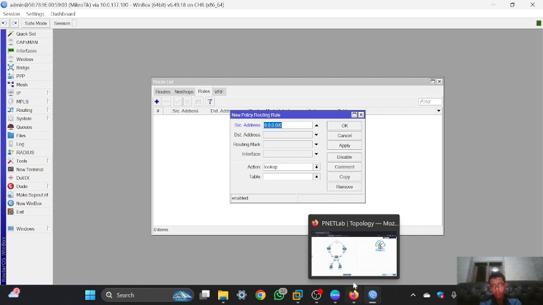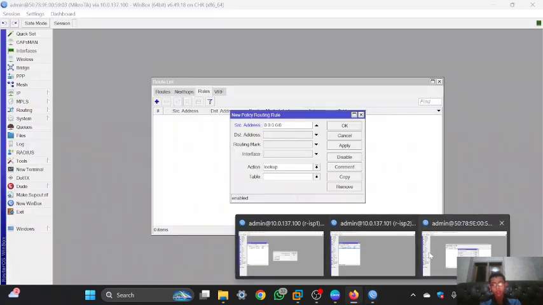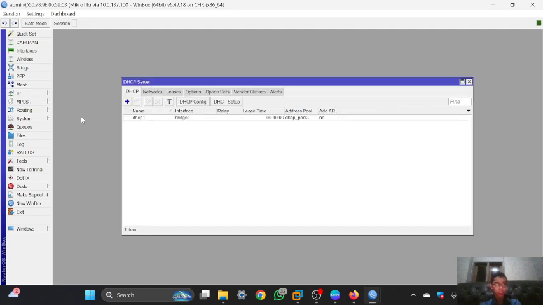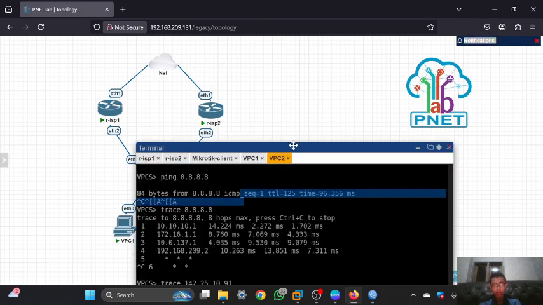So the IP of VPC1 and VPC2 will be stable. It is only using that IP, and it will not be changed. I will turn off the DHCP server. Then I will do the addressing in here using the static IP.